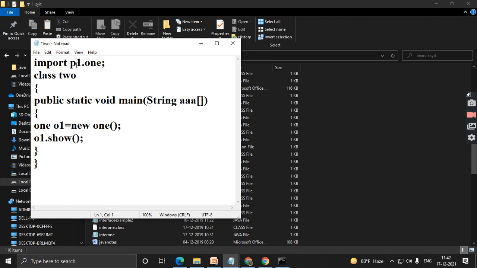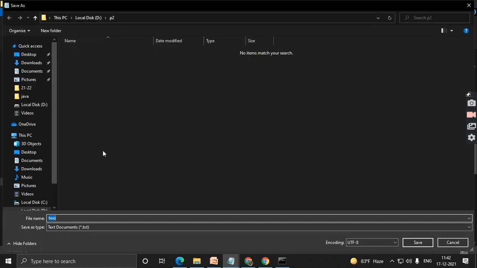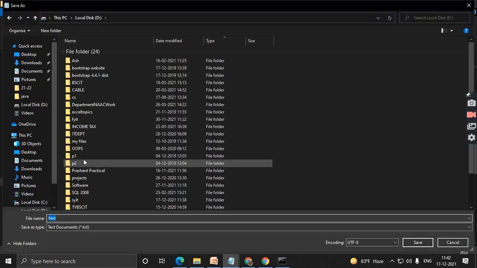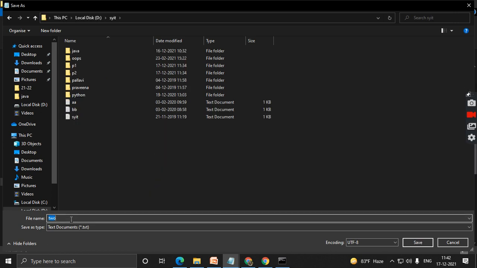So the advantage of a package is we can access the classes which are inside the package. So 1 is a class which is inside the package p1. Now this is the second class 2. We will create it inside the SYIT folder. So we will go to SYIT. We will save the name of the class as 2.java.